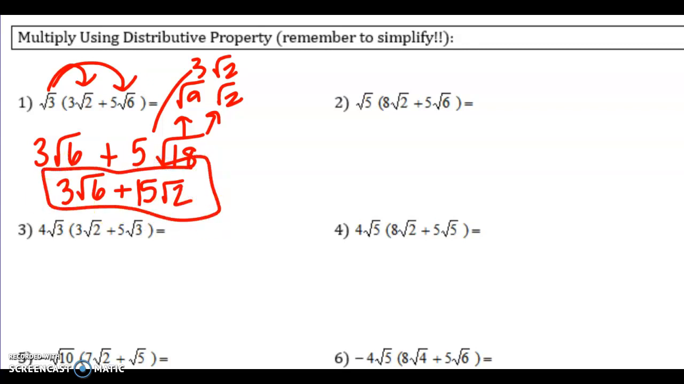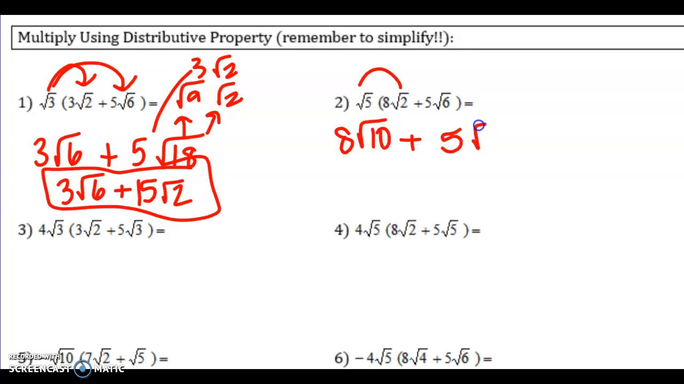Now, I'm not going to finish through all of these pages. I'm running out of time. So what we're going to do is one more together, and then for the rest, I would like you to start trying 3, 4, 5, and 6. Otherwise, we're going to talk about the rest of it tomorrow in class. So if I distribute out, I get 8 square root of 10